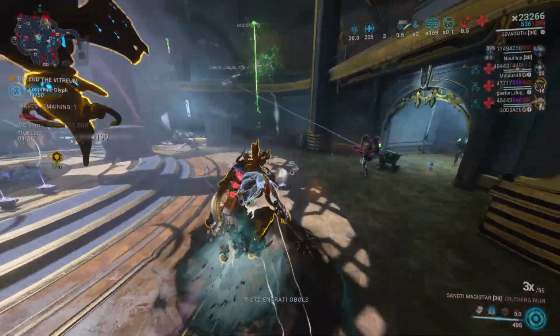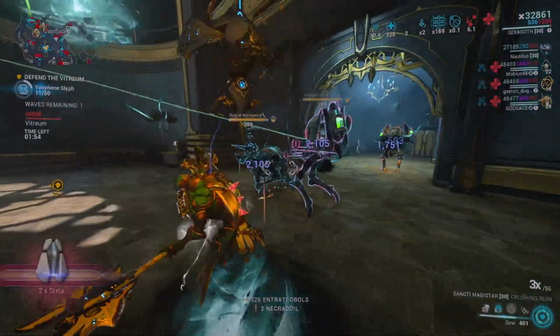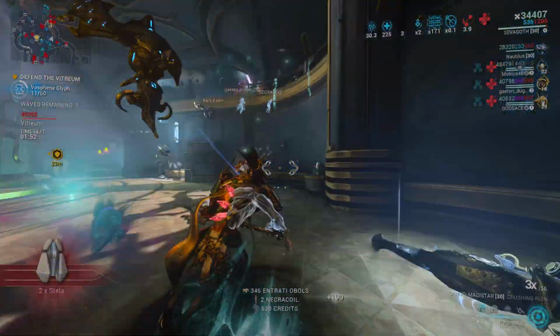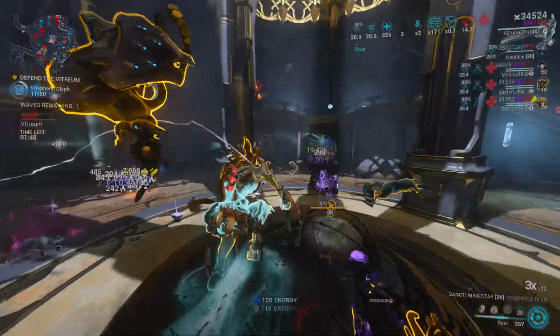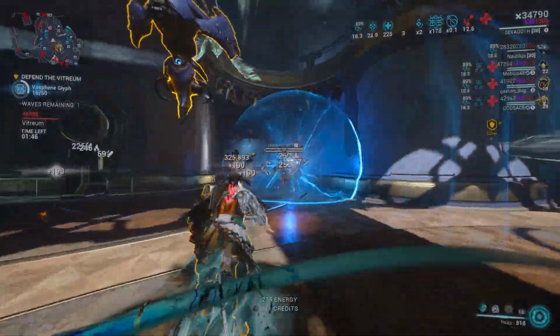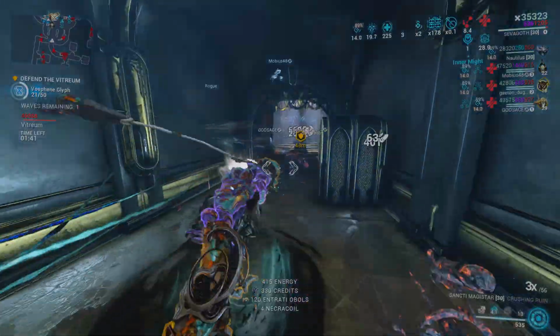However, the arcane got nerfed and Digital Extremes imposed a 15-second cooldown before you can activate its energy restoration effect again. The arcane is still great despite the nerf, but honestly, it's not the only solution to maintain your energy in the game. Do take note that there are tricks that can solve your energy problems, and one of